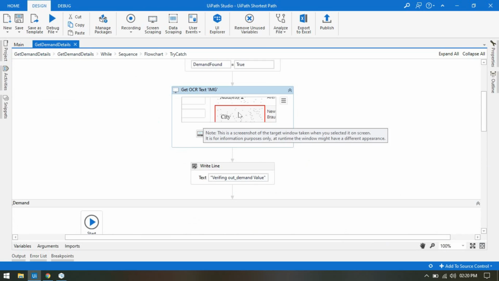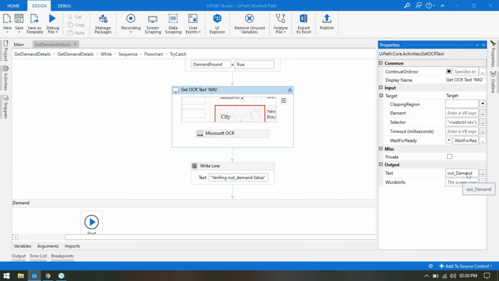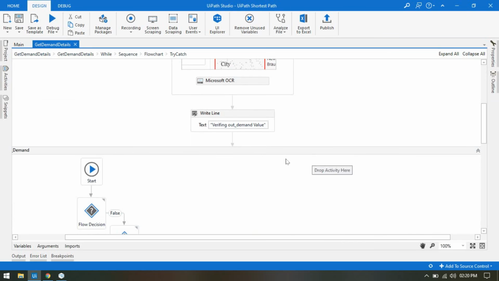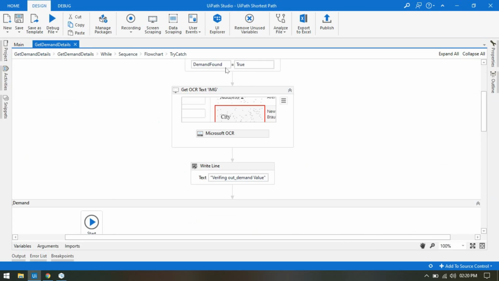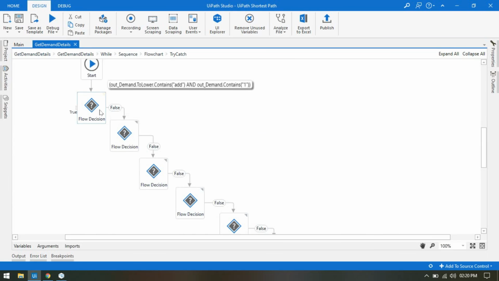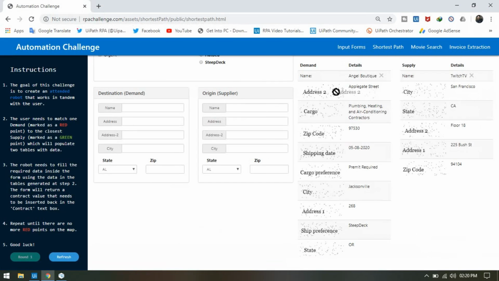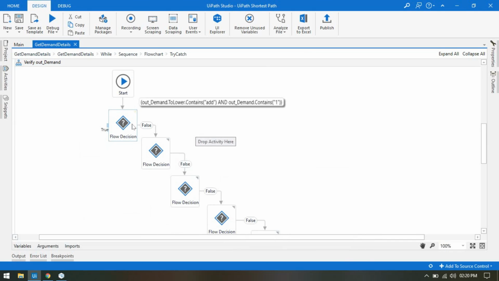Now here, once we are getting the value in the out demand, then the first time the demand found equal to true. Now I'm going to check the value we found with the out demand, that is address 2. So we are checking here out demand dot lower dot contains add, and out demand contains 1.